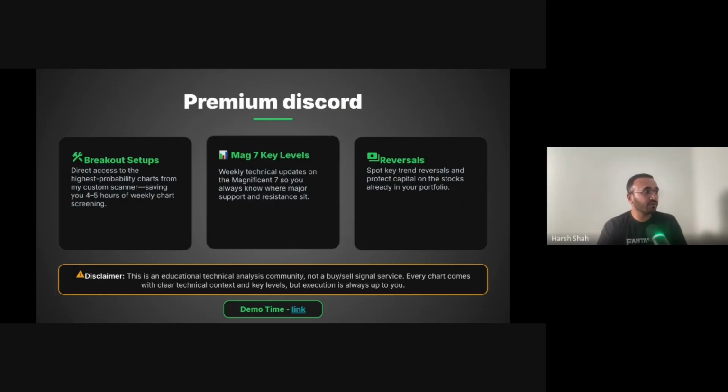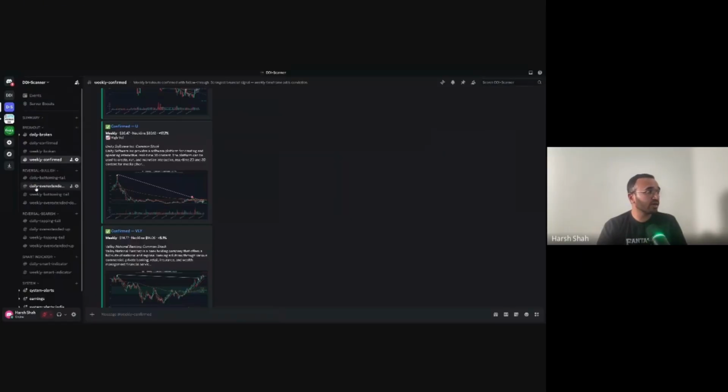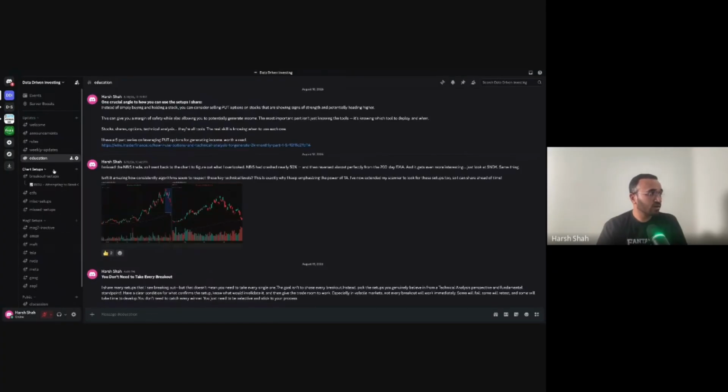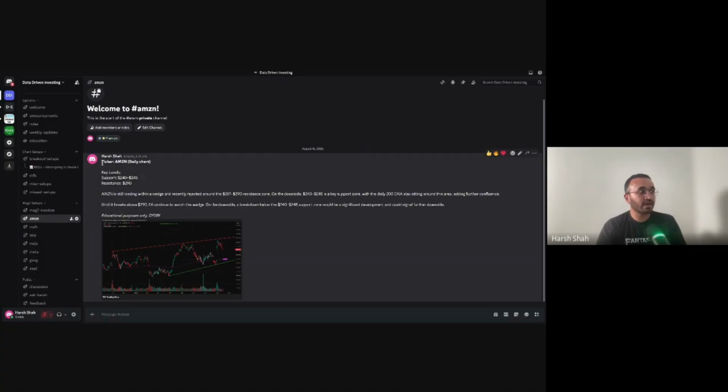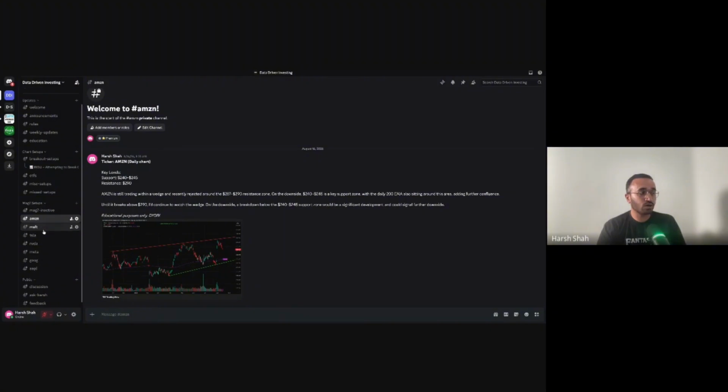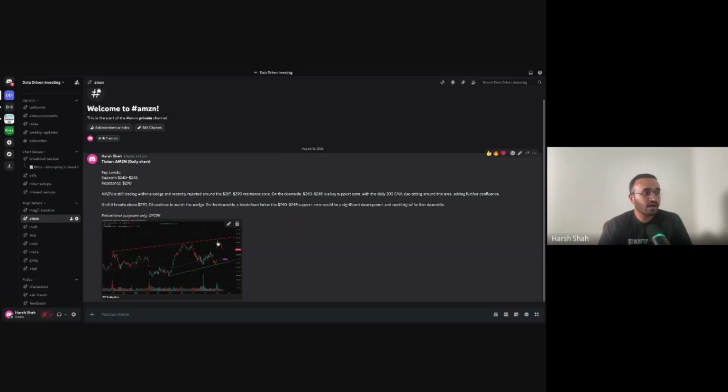I can quickly show what that looks like today. I think a lot of people are liking it, but this is a quick glimpse of the Discord. Here, we have channels for different stocks where I share what I'm looking at, like Amazon, and this is updated every week. Likewise, I have one for every stock here. Again, TA is not something that will absolutely work, but if you look at Amazon, I explicitly called out that this was the resistance zone.